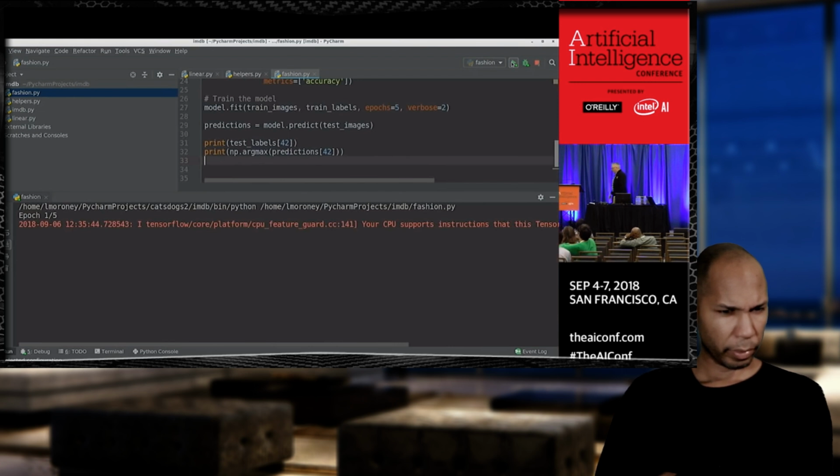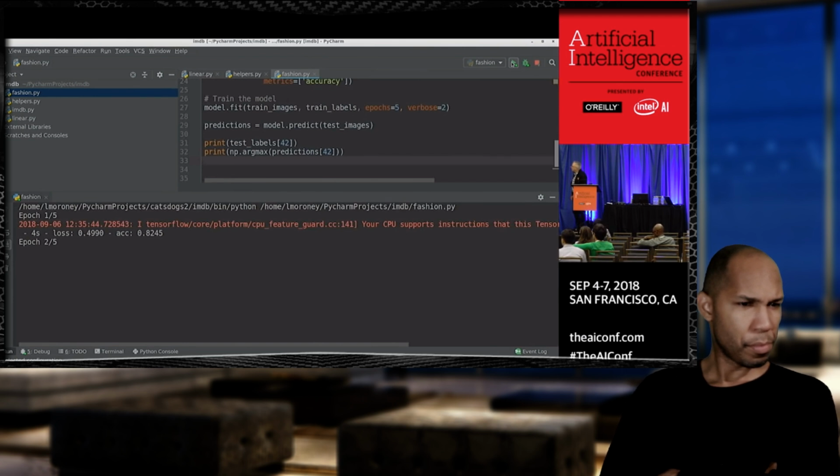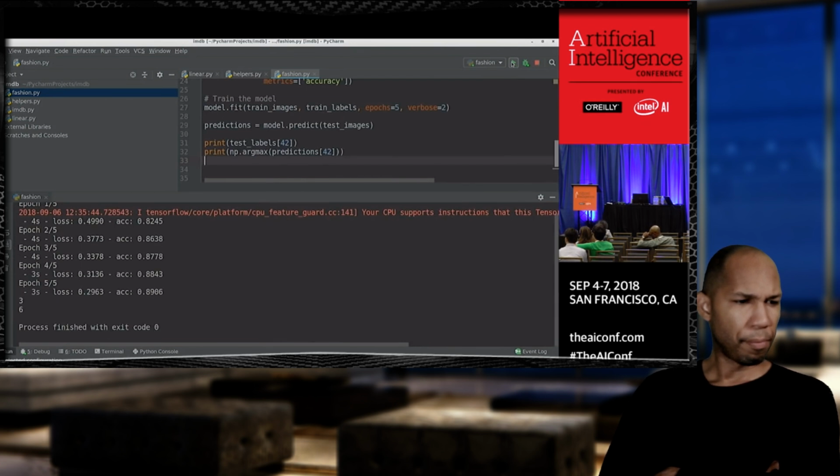Because it's running all of the code, it's just going to train the network again. Okay, there's epoch 2, epoch 3. There we go. Remember earlier I said I'm just training it for 5 epochs. That just makes it a little bit quicker. And I'm also seeing, if you look at the convergence, on epoch 1 it was 82% accurate. Oh, we got it wrong for 42. It predicted it would be a 6, but it's actually a 3.